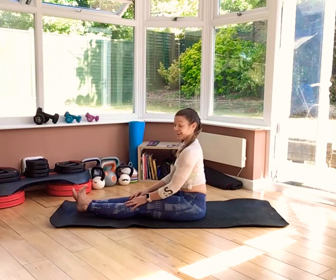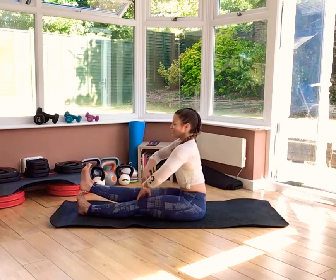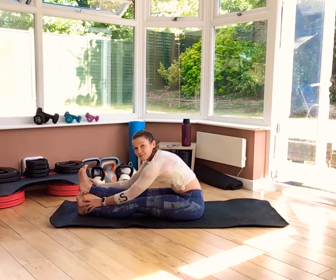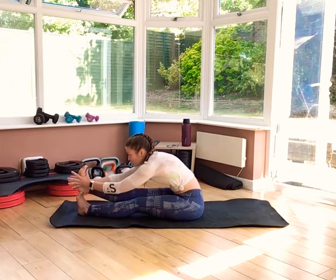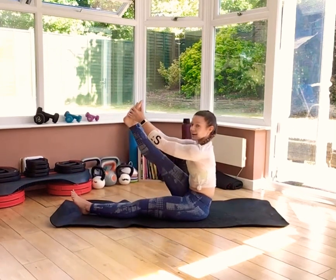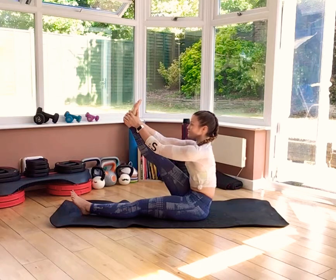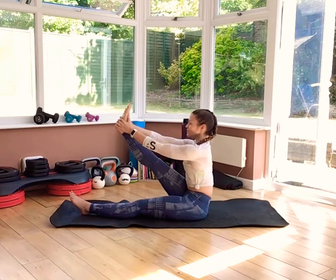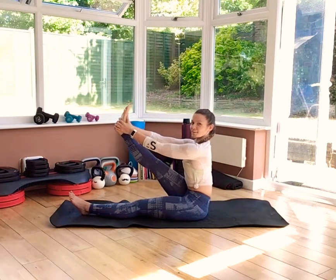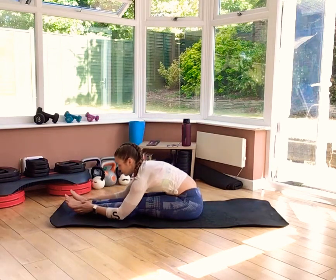Let's try the other side. Feet flex. Left foot on top of right. Sit nice and tall. Fold forward. Again, if it's too much, cross your legs or just come into a normal fold. If you want more, grab your left foot, shoulders pull back, and sit nice and tall with that leg long. Take a deep breath in, breathe out, slowly lower. Roll up,